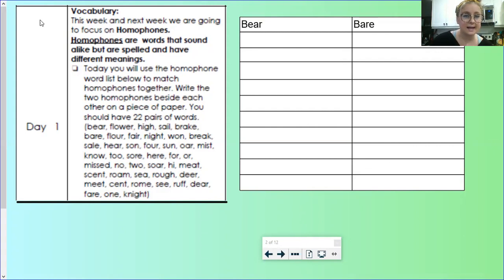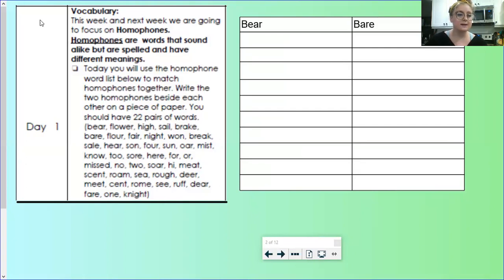Bear, flower, high, sail, break, bear, flower, fair, night, 1, break, sail, here, sun, for, sun, or, mist, no, 2, soar, here, for, or, mist, no, 2, soar, high, meet, scent, roam, see, rough, deer, meet, scent, roam, see, rough,